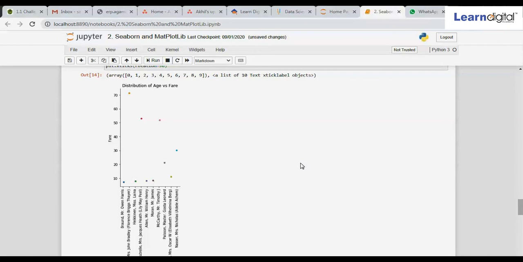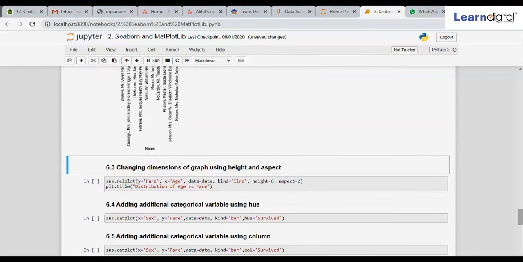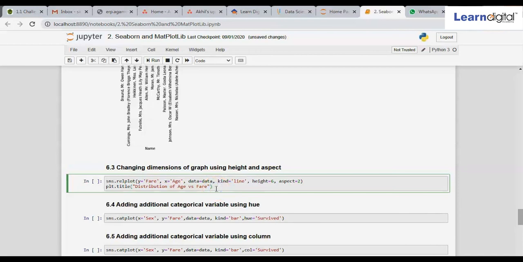The next operation that you can perform is changing the dimensions of the graph using the height and aspect feature. Let me show you how we are going to do that. Let me explain this with an example first.